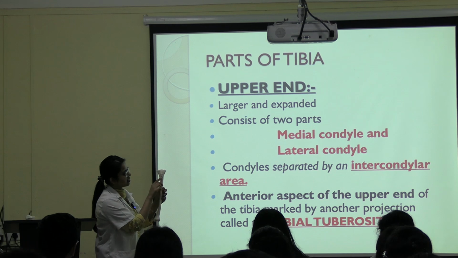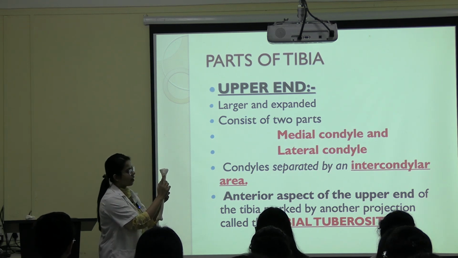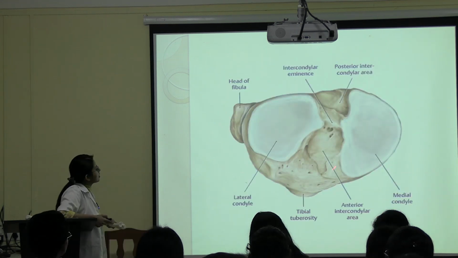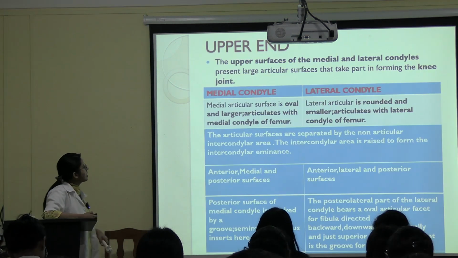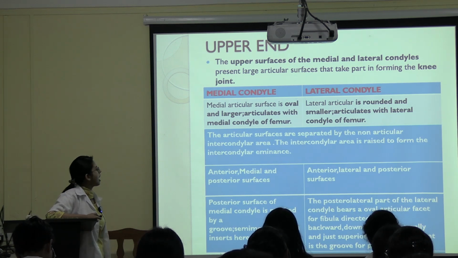You can see the apex is directed downwards. Okay, this is the smooth upper part, and this is the rough part, which is the tibial tuberosity. Clear? See, this is the intercondylar area. This is the intercondylar eminence, and it's not shown in the picture correctly. This is the intercondylar tubercles. So as I said, medial condyle articular surface is oval and larger, and it will articulate with the